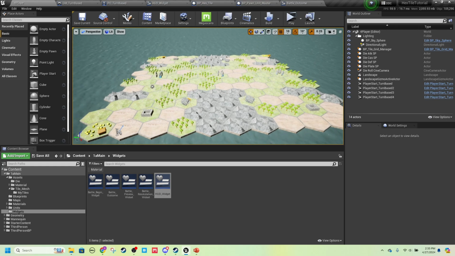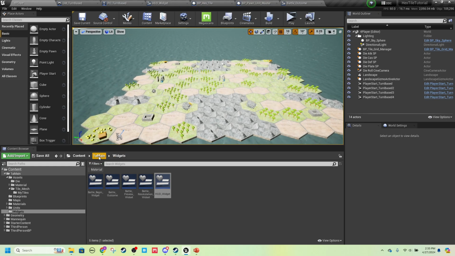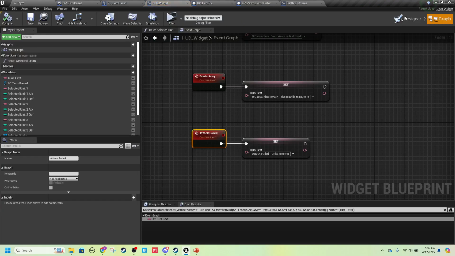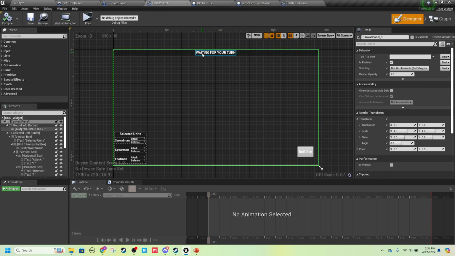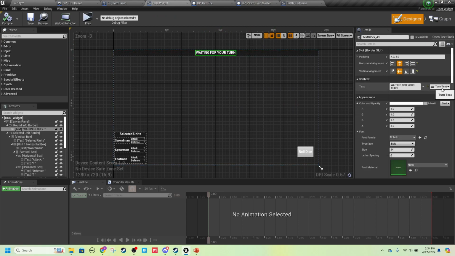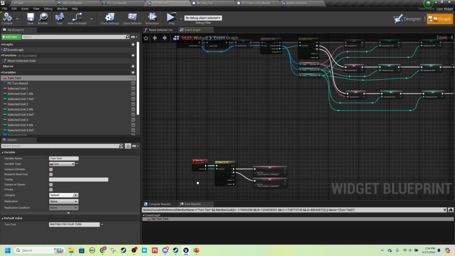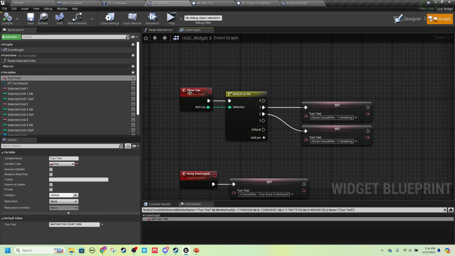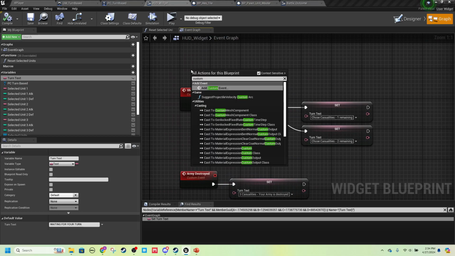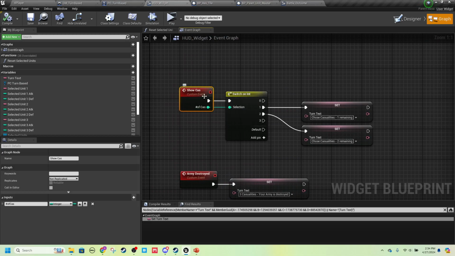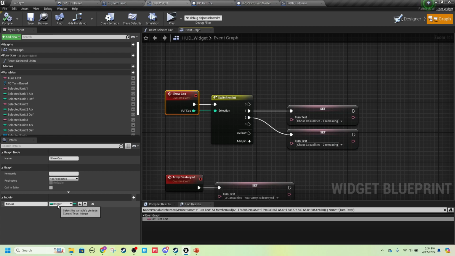So the first thing I want you to do is open up your HUD widget, which for me is in my main widgets HUD widget. So at the top we have this text that says waiting for your turn, and that's bound to a turn text variable, which is here. First thing to do is create a couple of custom events. So right click, add custom event. First one, type in show CAS for casualty and create an input of an integer, which would be number of casualties,